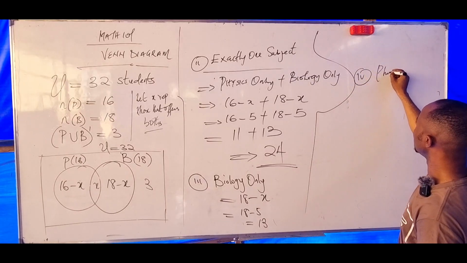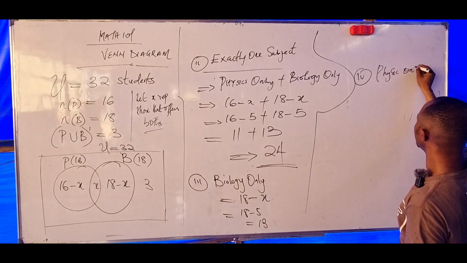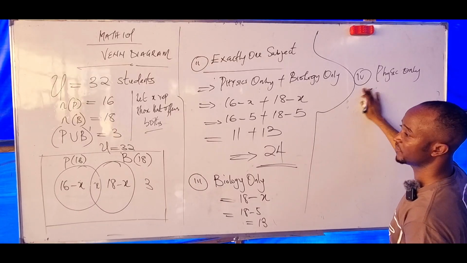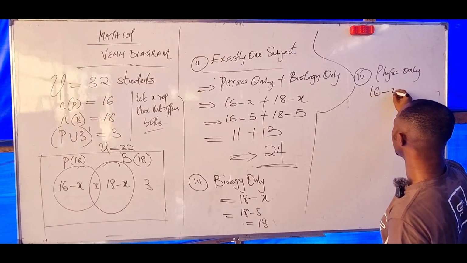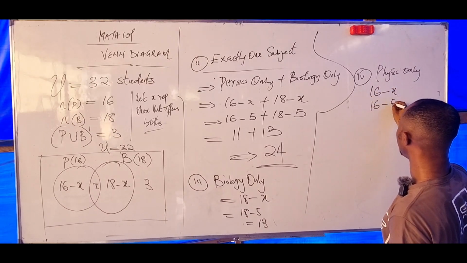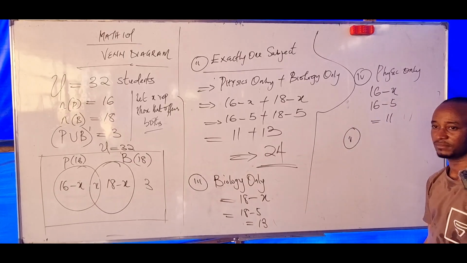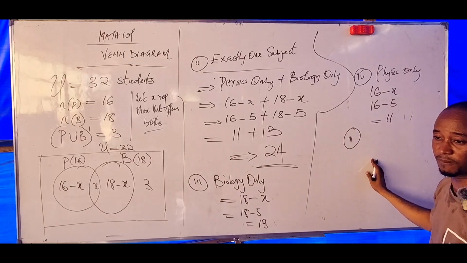Physics only. What's the formula there? 16 minus x, minus 5. What do you have there? 11. What's the last part? How many offer